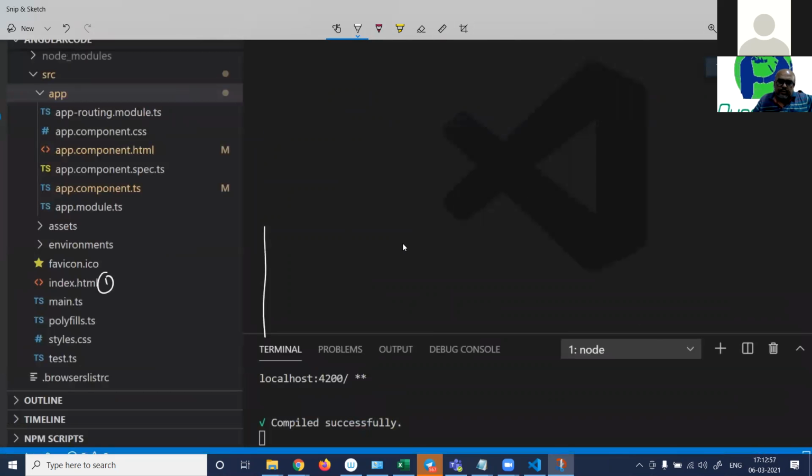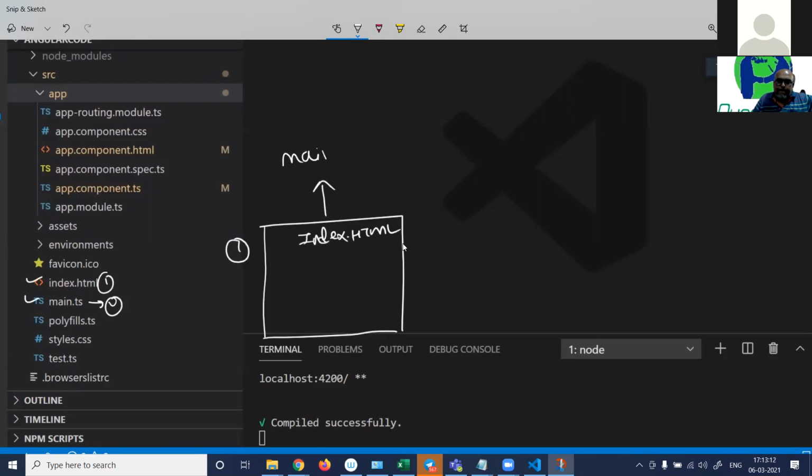Index.html starts. Then we start the main.ts. The main.ts then says which module to load. So the main.ts loads the app module.